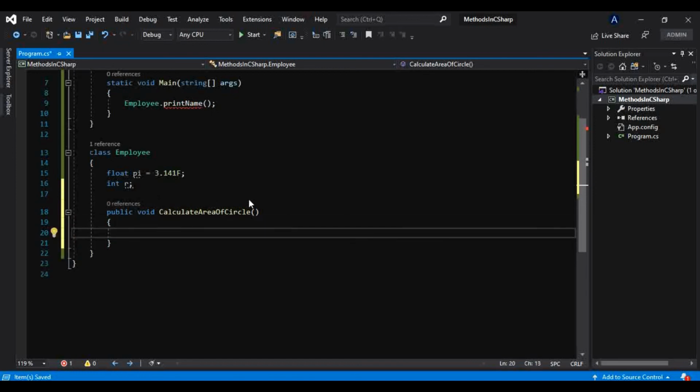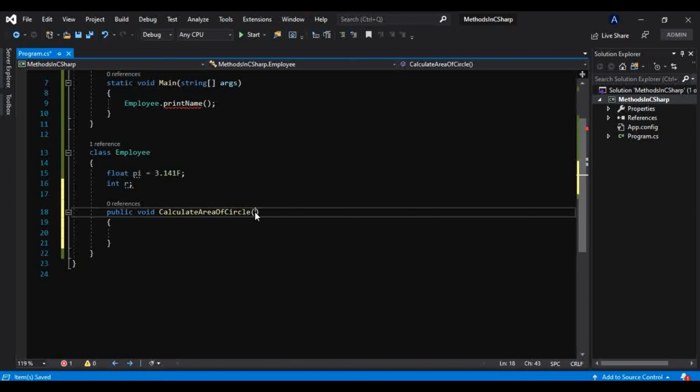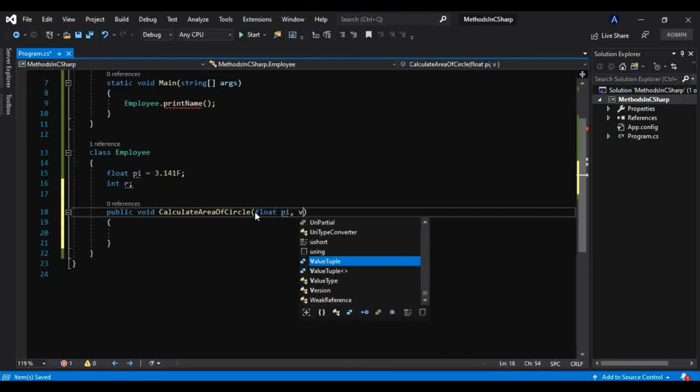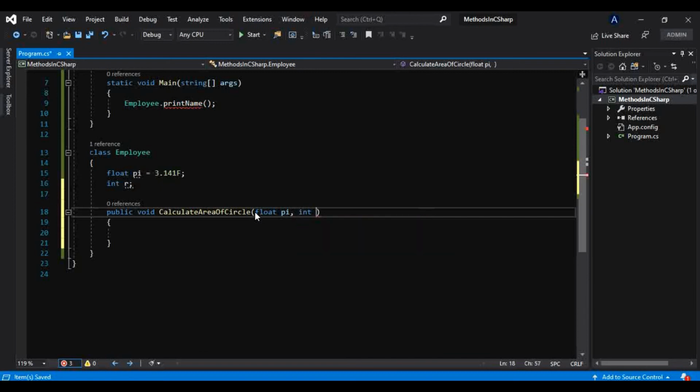And let's give two parameters to this. One, we know this will require a float value, that is the pi value, float pi, and again it will require the radius.